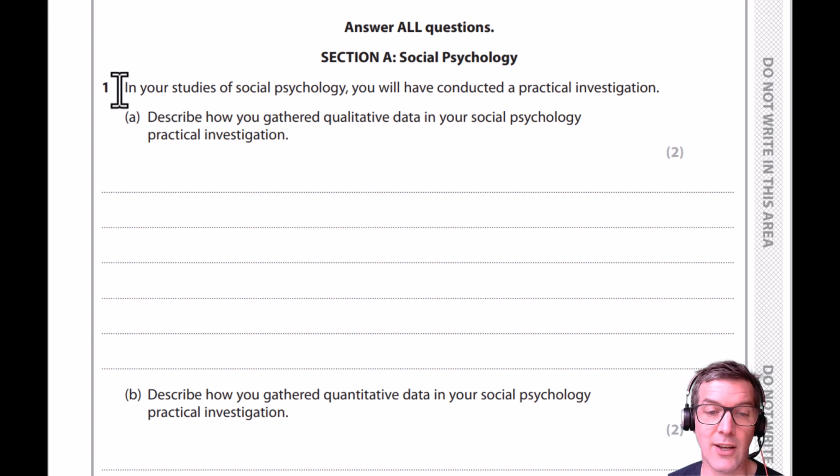So the key thing to note about this question is it's about your social psychology practical investigation. So it's really important that your answer is in the context of your investigation. If we have a quick look at the mark scheme,